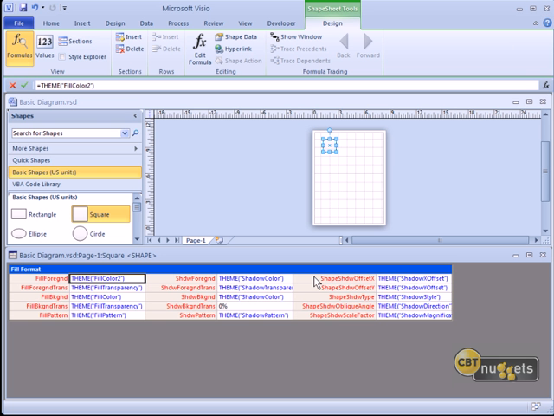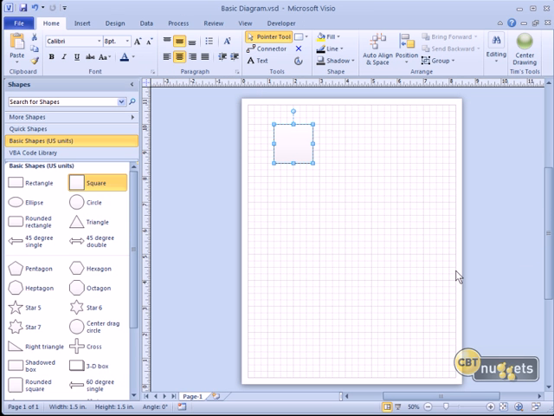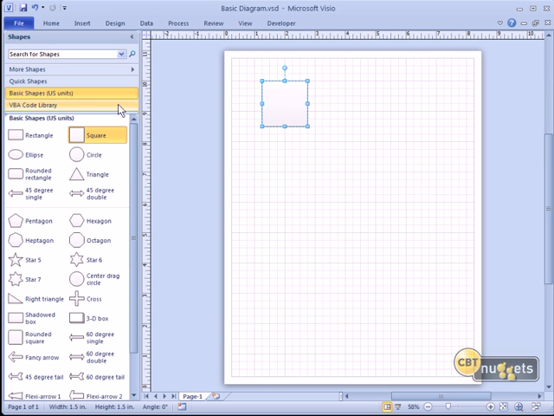But anyway, let's get on with a brief practical example, shall we? Let me close the shape sheet because, you know, it does take up quite a bit of screen real estate, and let me minimize the ribbon to give ourselves yet more room to work. In this simple example, I'm going to assume that we're going to create a Visio network drawing where we want to be able to toggle the uptime status and show that status in a different color.